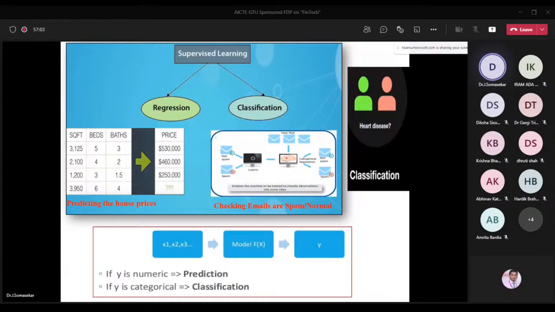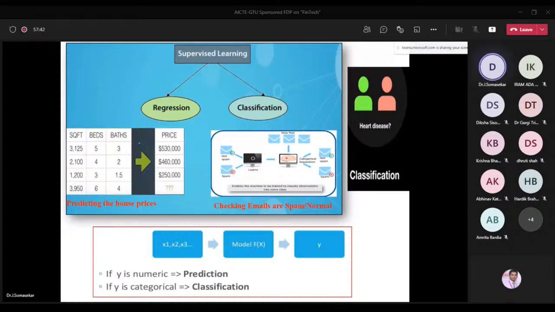Here I give an example of price prediction for a house. Given square feet, number of bedrooms, and number of bathrooms, what is the house price? This we have to predict. How is it possible? We have to train on this data and extract insights from it. Based on that, we can make a model in which we substitute the number of bedrooms, number of bathrooms, and square feet of the house, and we get the predicted price of the house. This is a very simple way to go for prediction. The same thing we are going to apply for our Bitcoin price prediction also.